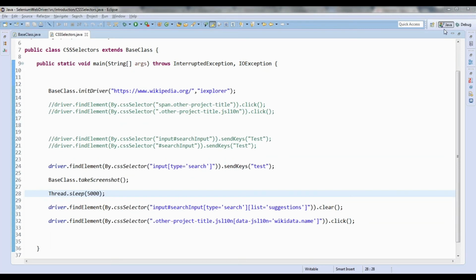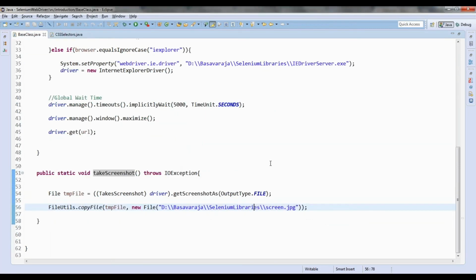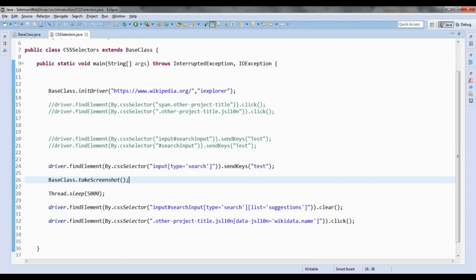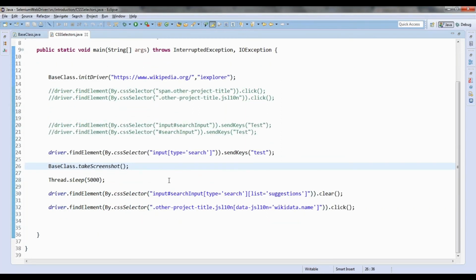Right. So here you can see what I am trying to do is I am giving the path of the file. Instead of giving the path of the file here, I can give the path or file name in my arguments wherever I call that.